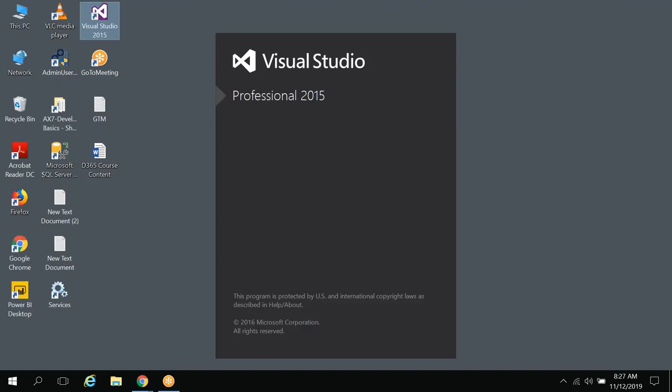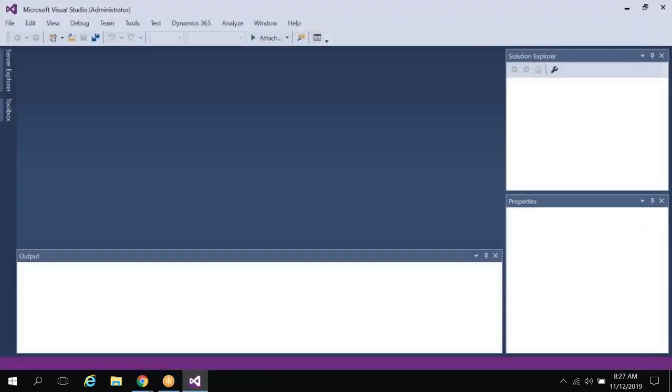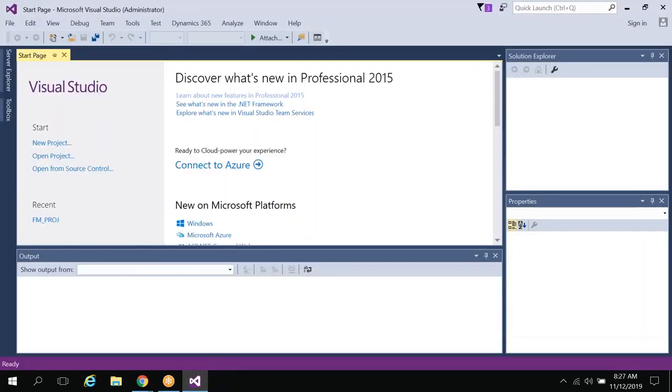Okay, let it open. Basically, when you want to configure a D365 environment on your machine, make sure your system configuration is an i5 or i3 processor, and if you have a chance to upgrade to an i7 processor, do that.